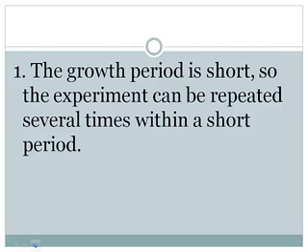What made him use the garden pea plant is that the growth period of these pea plants is usually short. It doesn't take a very long time to grow, so the experiment can be repeated as many times as possible. Because of the short lifespan, or the way it grows fast, we use the garden pea plant so that the experiment can be repeated over and over again.